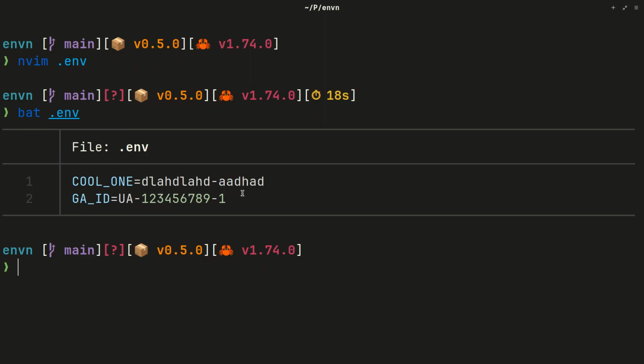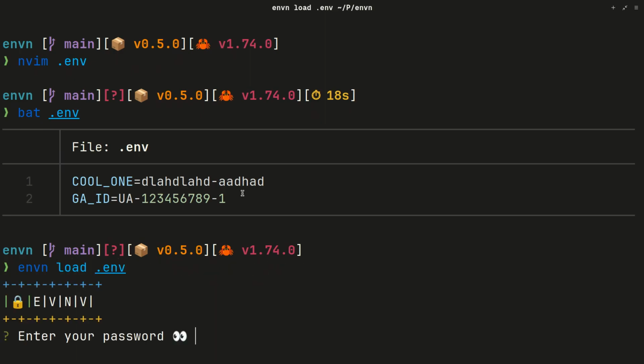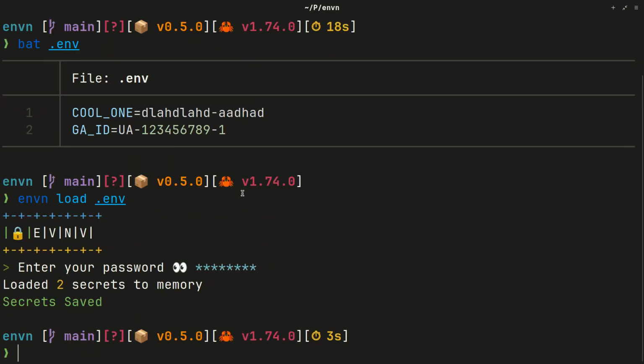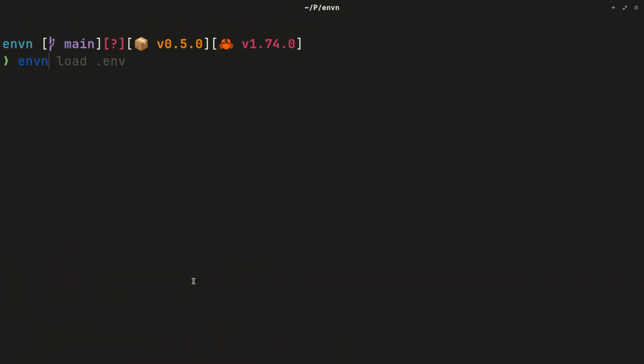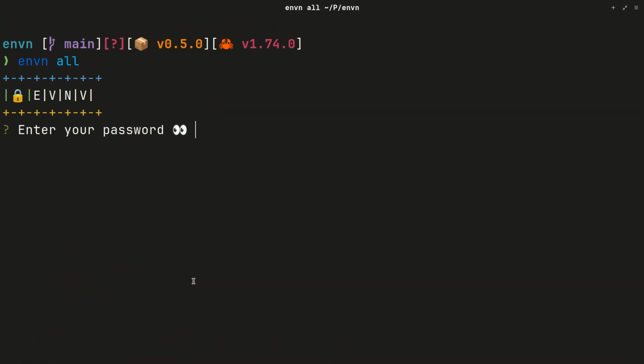Right, now I want to load these into the ENVN global manager so I can take these on the go with me anywhere I want. To do that, all you have to do is envn load .env. You have to enter your password, and two secrets have been loaded to memory. So now if we do envn all,